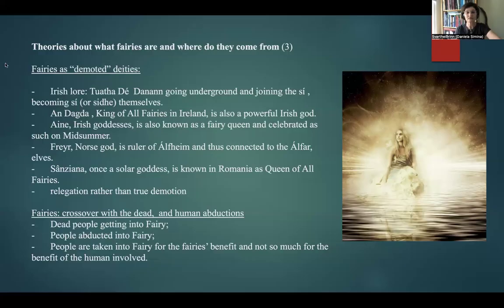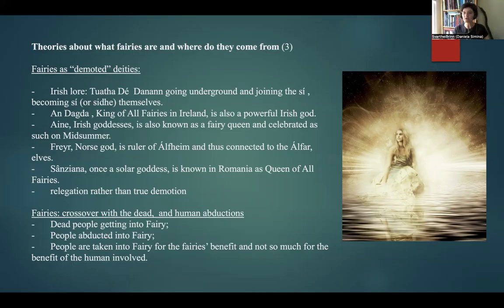Until then, Freyr, Norse god, ruler of Alfheimr, he was worshipped and offerings were left for him. So we have saga materials and historical material talking about him receiving offerings in mounds. So it was a syncretism there between Freyr the god and Freyr euhemerized, presented as a human king. But nevertheless, the idea of leaving offerings for him, because if not, there will be consequences.